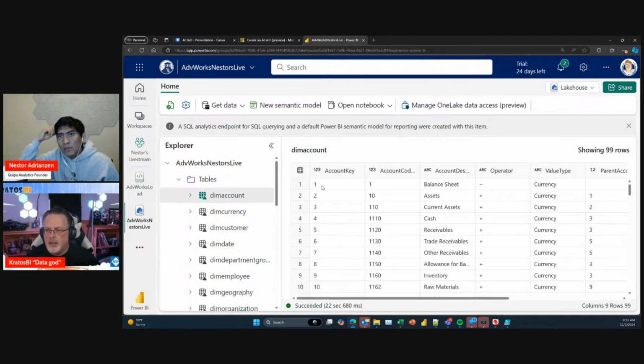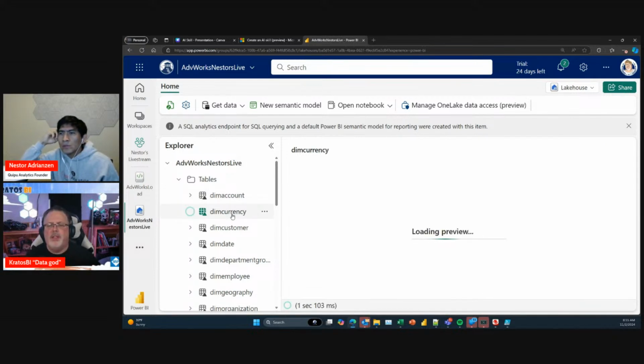Okay. All right. One of the things that I've noticed is there's a difference between a lakehouse and a warehouse. Especially inside of Microsoft Fabric, think of the warehouse as your classical SQL data warehouse, except the warehouse in Fabric is that on steroids.